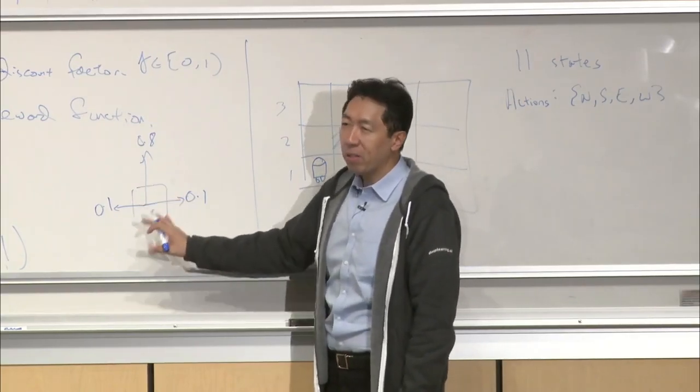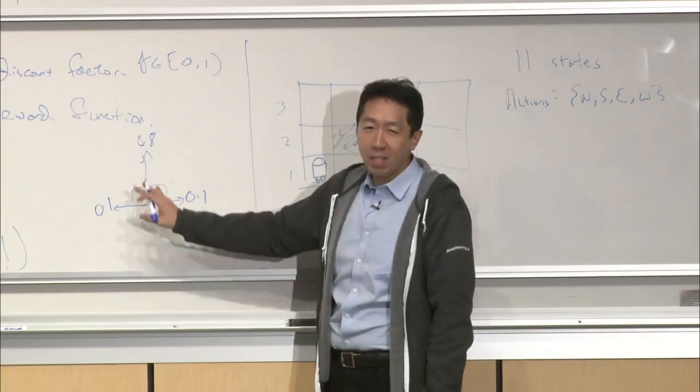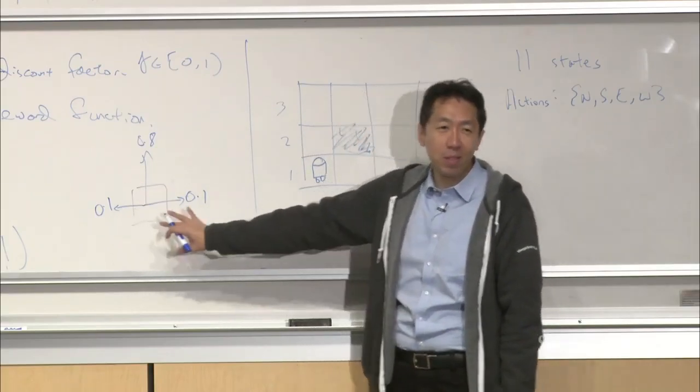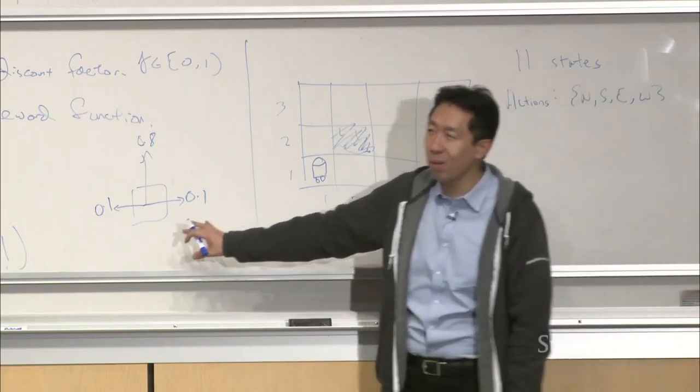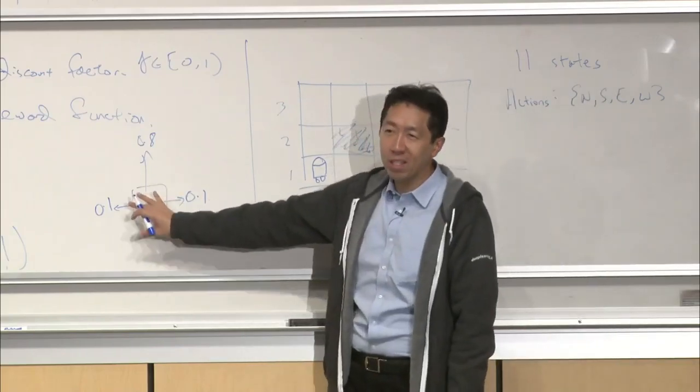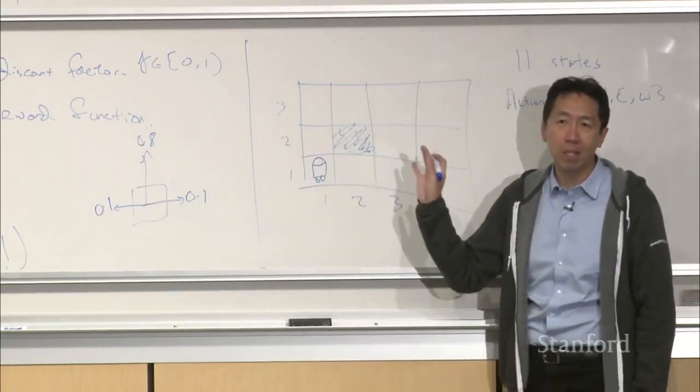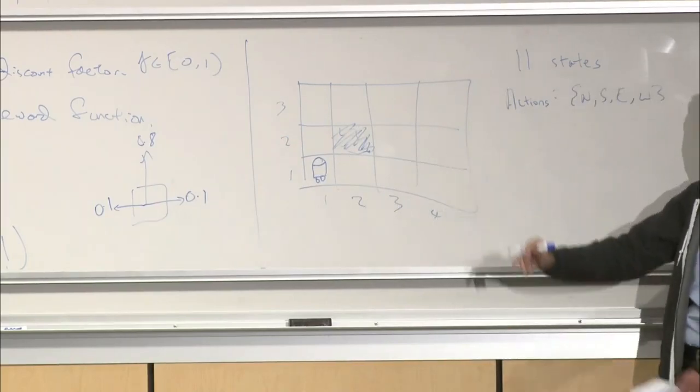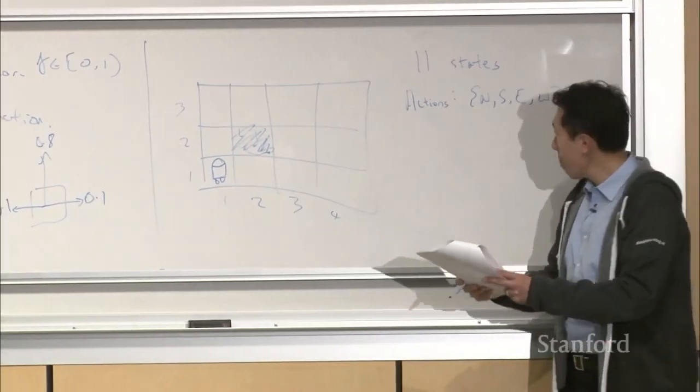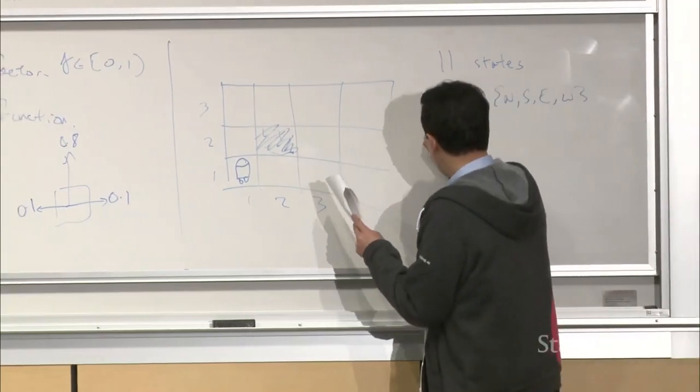Now, in a real robot, you'd have a much bigger state space than 11 states, right? So this is simplified. This is not a realistic model for how robots actually slip, but because we're using such a small state space, I think just for illustration purposes, we'll use this. And so, for example,